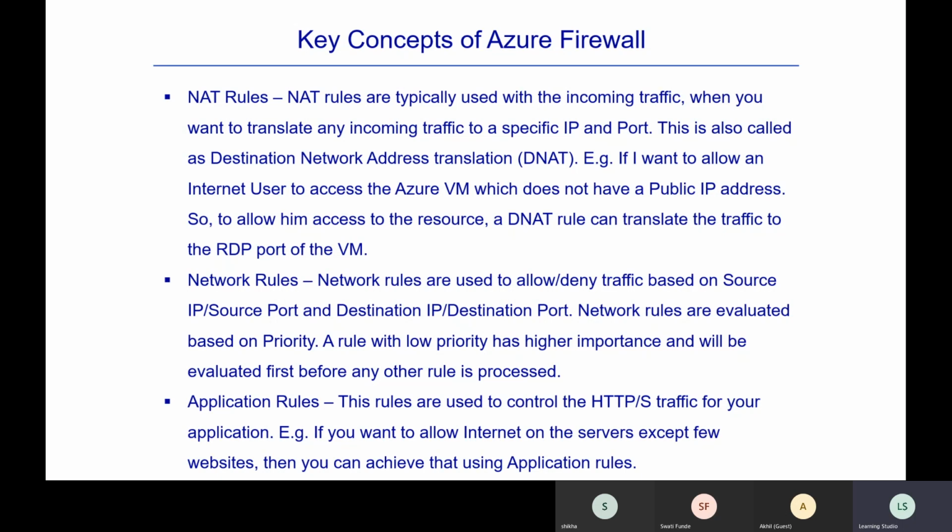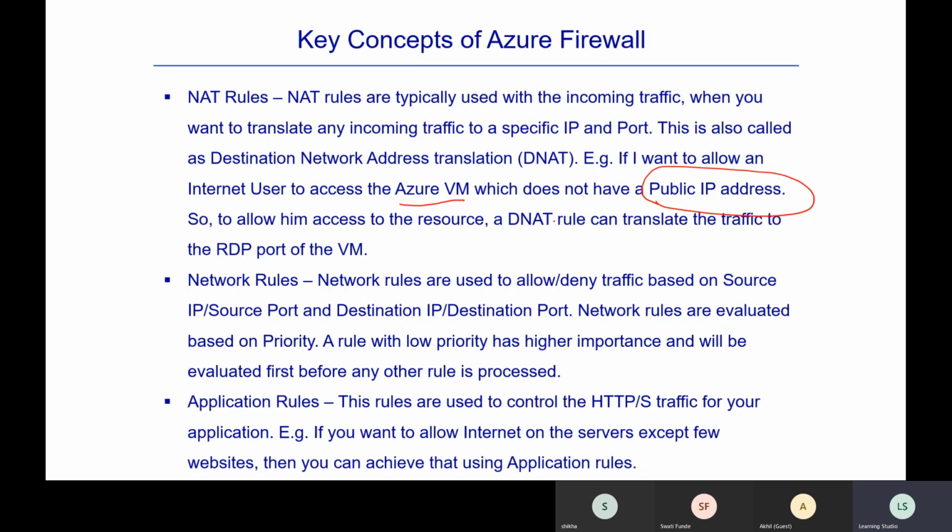Okay, and that Azure virtual machine does not have any public IP address. So if you see here, you have created an Azure VM which does not have this public IP address. If you don't have a public IP address associated to a virtual machine, you cannot access it over internet. So if you want to allow this virtual machine to be accessed over internet, what we can basically do